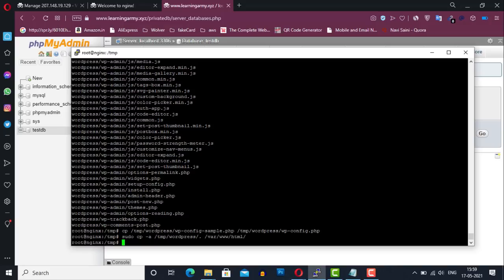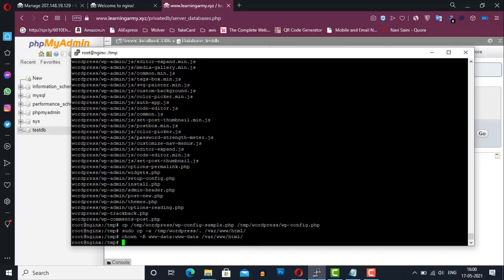So now we need to assign ownership so that Nginx will be able to read and write the WordPress files in order to serve the website and perform automatic updates. So type this command and press enter key. Great.